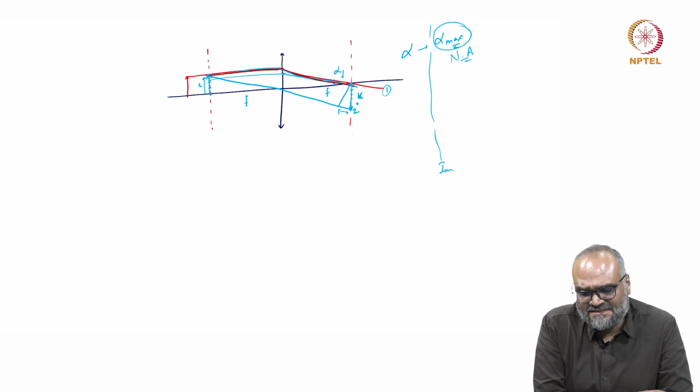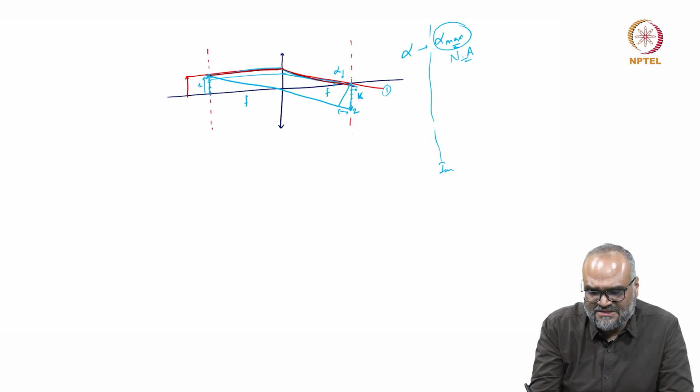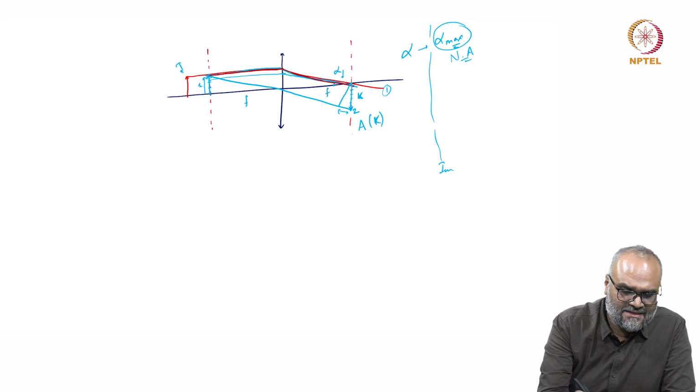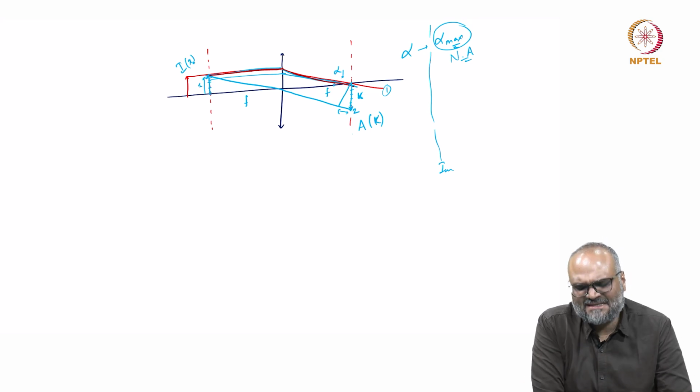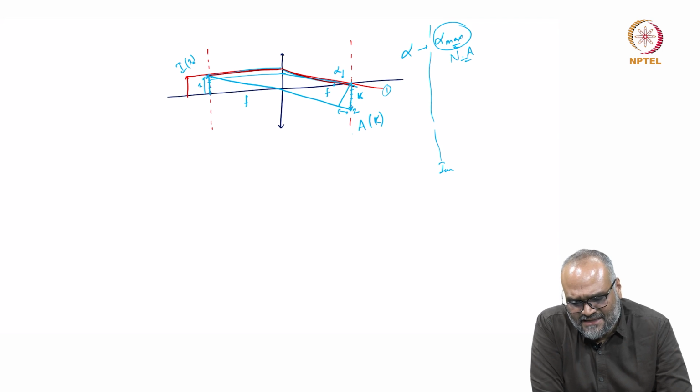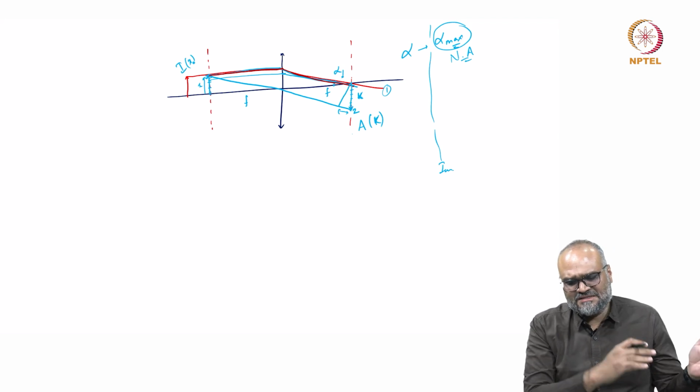Now, let us understand how these path lengths together contribute to the intensity distribution at the back focal plane. So, let us say I give the amplitude of all these as some a k. Let us say the intensity at the image plane as I x. Both of these I x and a k are essentially related, and in an ideal case, you should have 100% information transfer